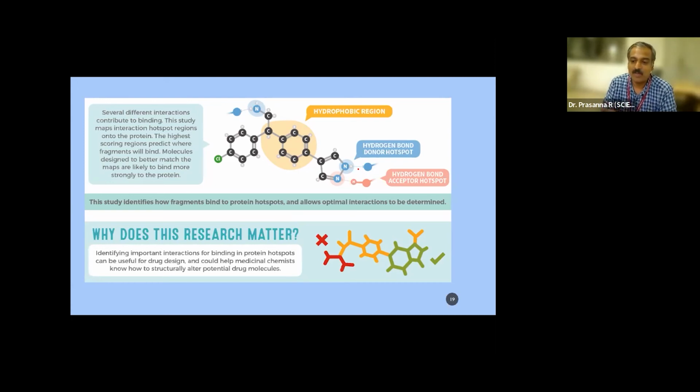A person may have food from an unhygienic place, or some sort of food which doesn't suit the person, or the person may not have the required enzyme to digest that particular food. The food remains undigested, or it is poisonous food, so that will trigger various reactions. That's what I'm trying to say. The molecule which is going to bind with the protein or the enzyme is pretty much essential at this stage.